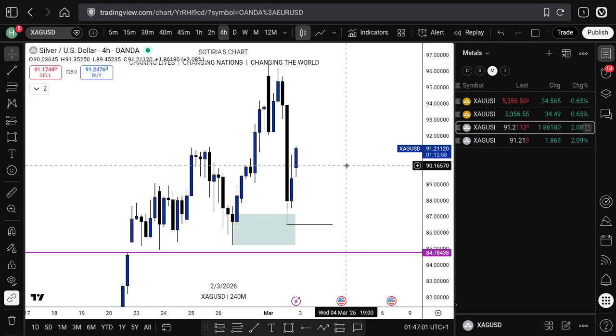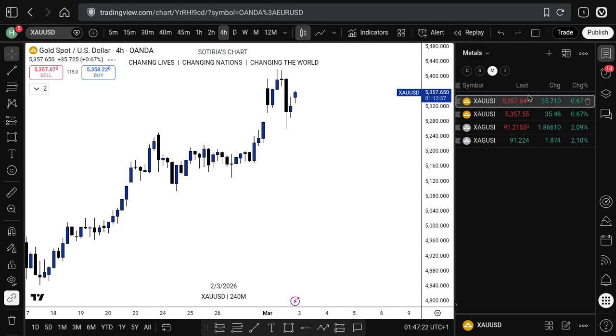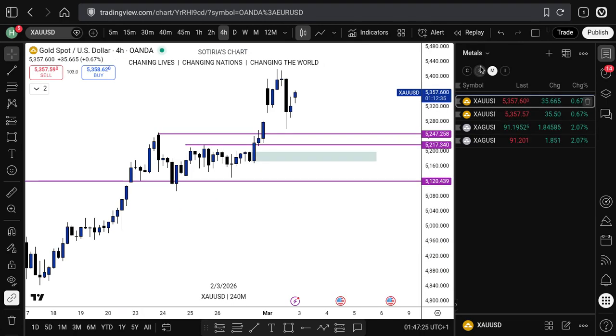So all we have to do is wait and see price do something we are expecting, then we react. Don't just come in and predict what we want to see, but wait for price to show us what it wants to do. So that is all on